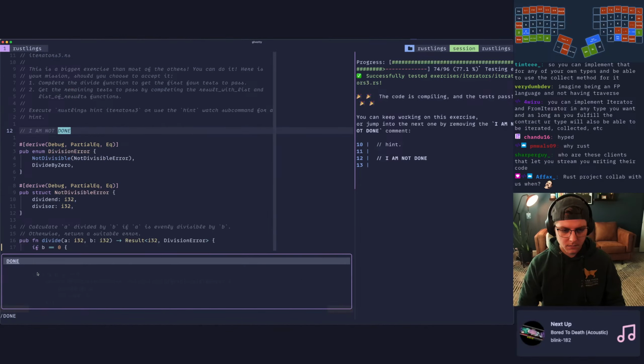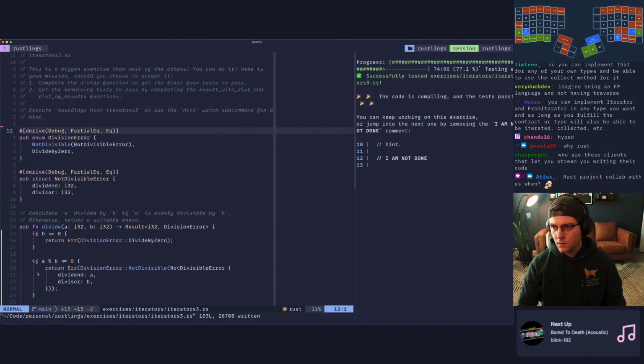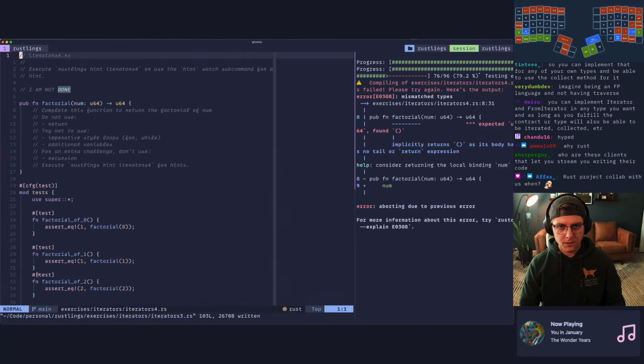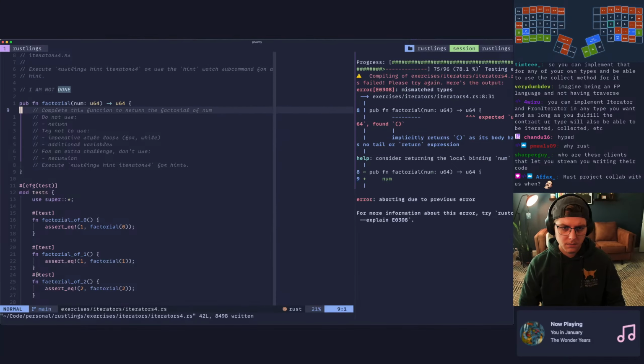Done. All right, let's jump over to iterator 4, factorial. I don't feel like doing this right now. I kind of want to jump back to Svelte, and we'll pick up the Rust lifetimes stuff here tomorrow.